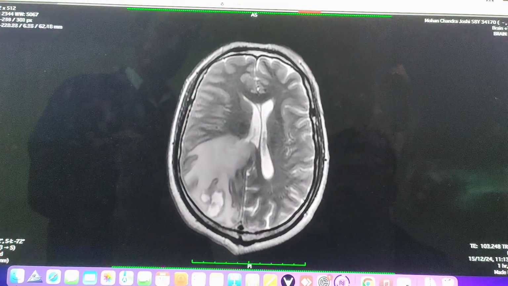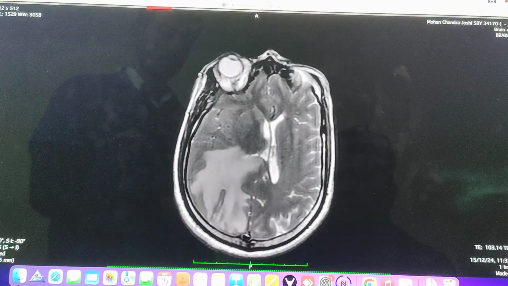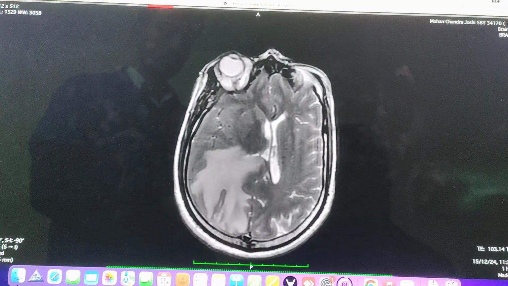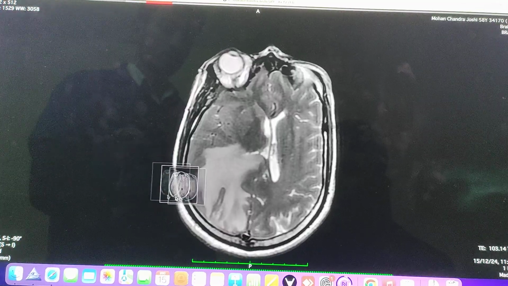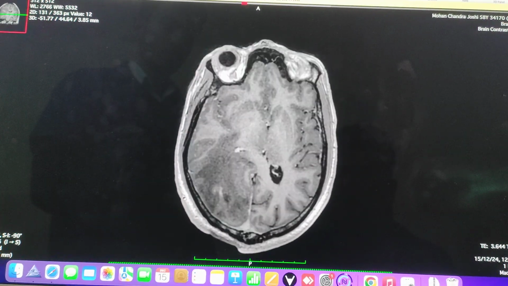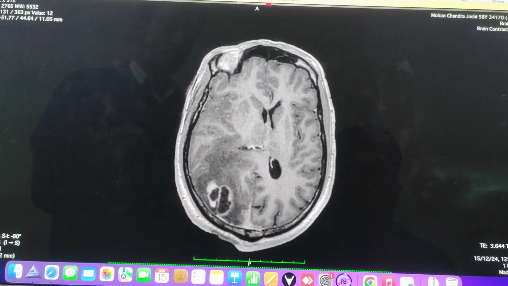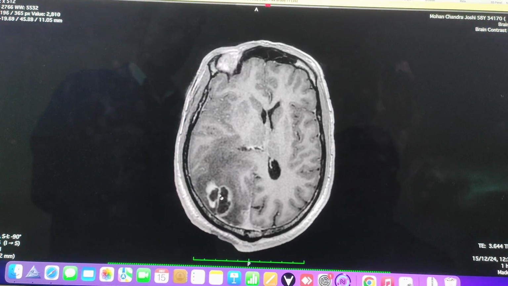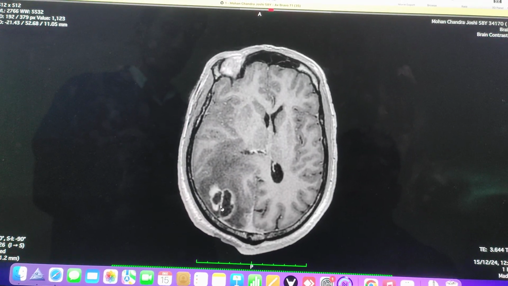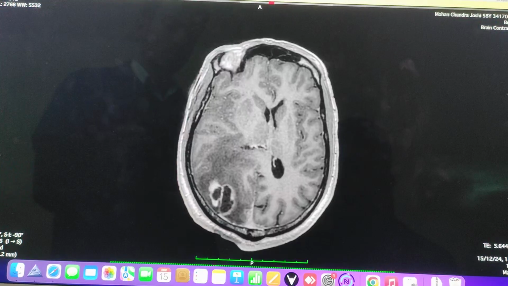On post-contrast study, this lesion shows peripheral rim-like enhancement with internal thick septa, enhancing septa,